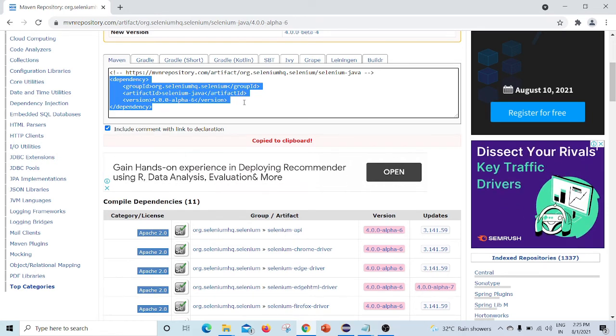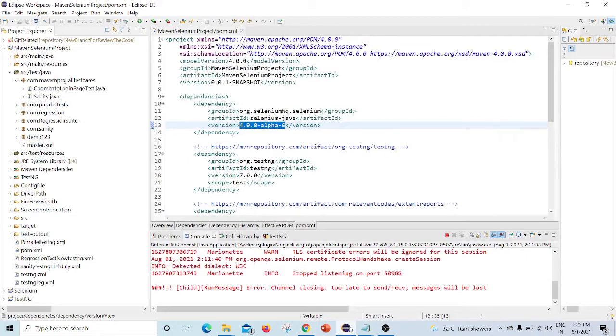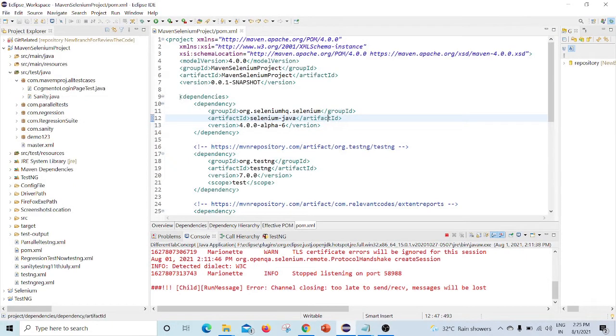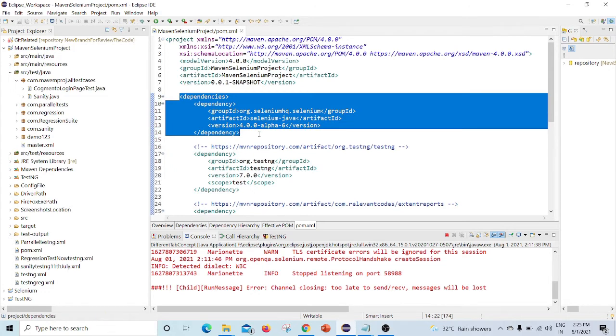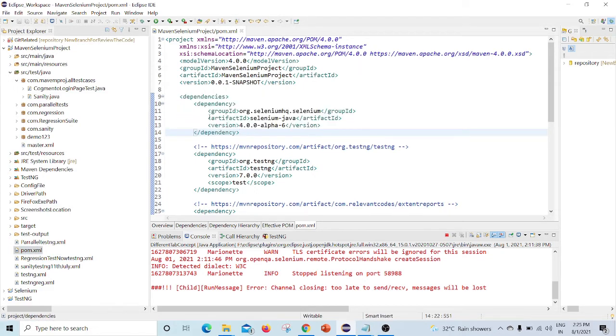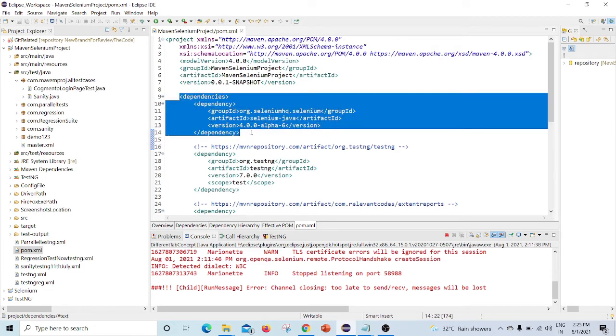So let me go to Eclipse. I have already copied and pasted all the dependencies here. So the Selenium 4.0.0 alpha 6 dependency I have already added under the pom.xml file. This is my pom.xml file, and I have already added the dependency.